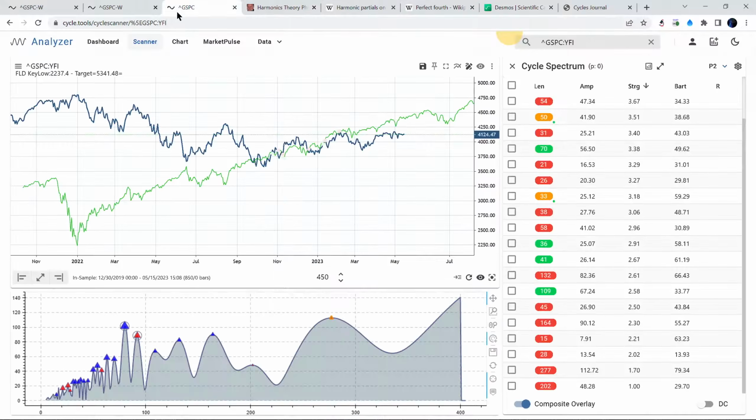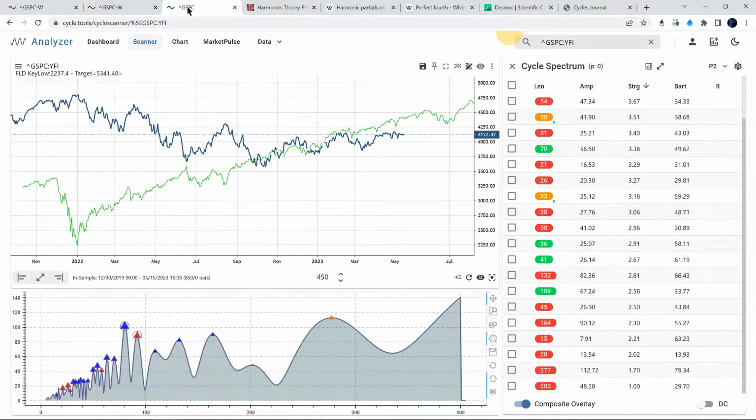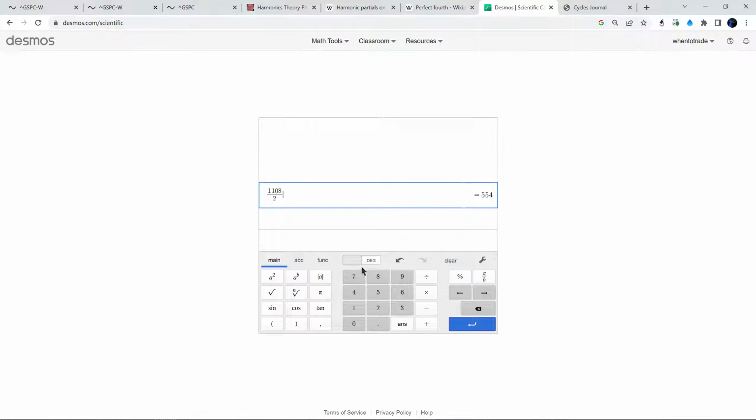Let me maybe I've confused you. Let me restart the analysis. So the harmonic relation of 277 multiplied by 4 gives you the 4-year cycle. Let's simplify that. I think everything else was a little bit too chaotic from my explanation. 277 multiplied by 4 equals the 4-year cycle, which then in weeks, if we derive this into weeks,